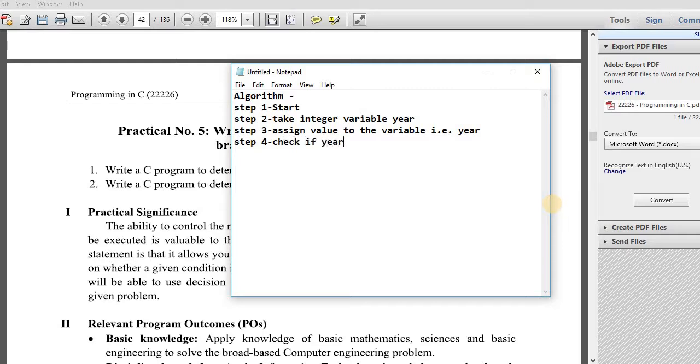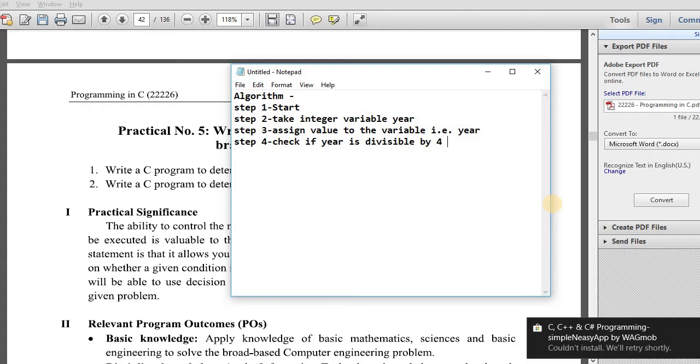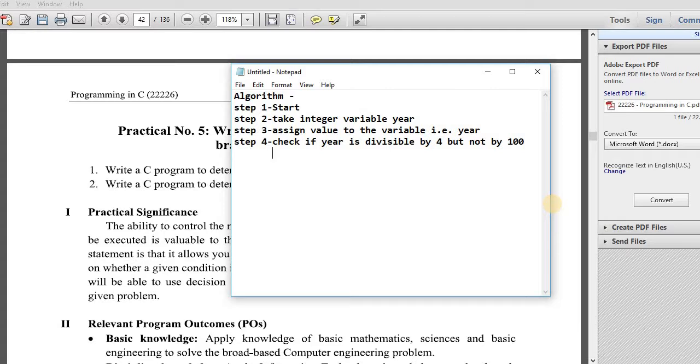if year is divisible by 4, not by 100. Okay, if this gives true, then display year is leap year. Okay,